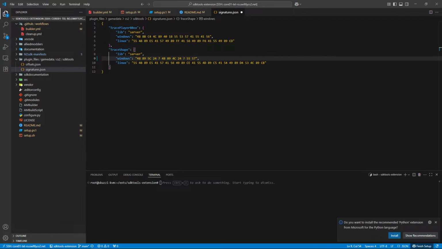Okay, this is the signature for trace shape. Yeah. And now